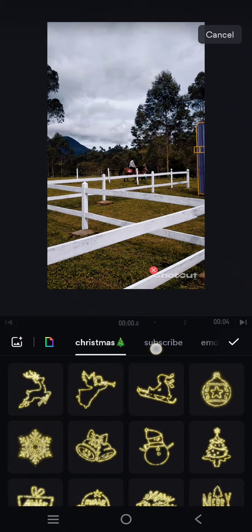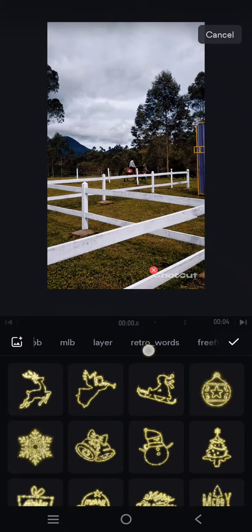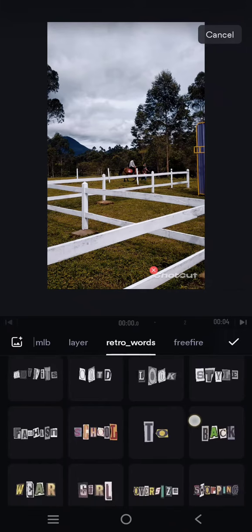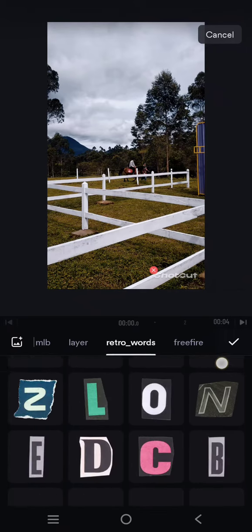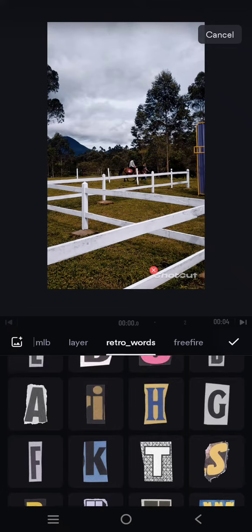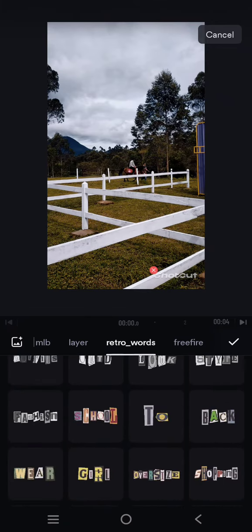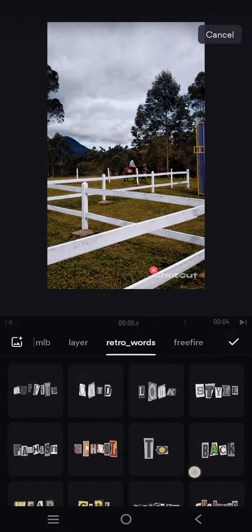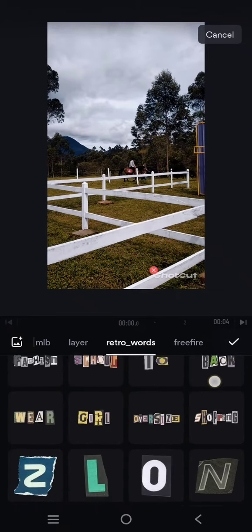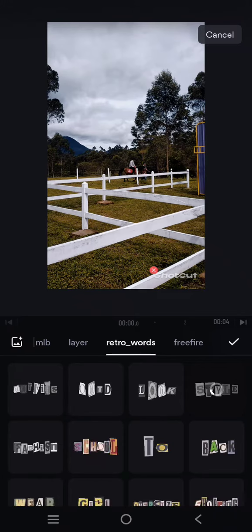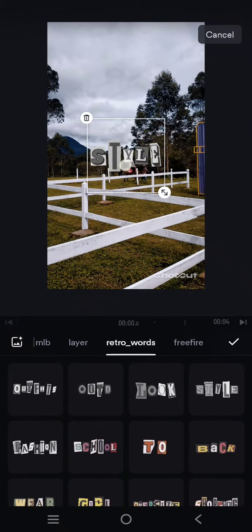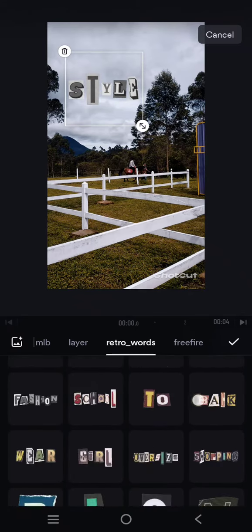and after that swipe through the category and click on or find the retro category. Okay, this one, retro words. So there are lots of options that you can choose to add to your clips. For example, I'm going to just add the style. For example, just click on the sticker so it will be added to your clip, or you can also